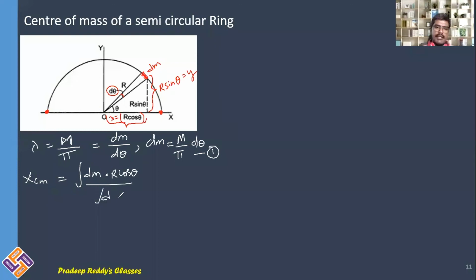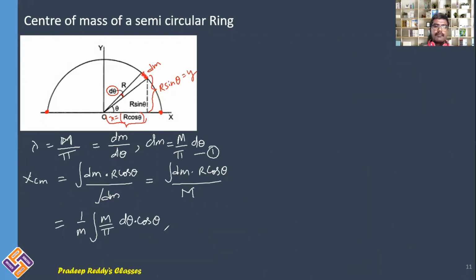divided by integration dm. However, for integration dm, you will be getting mass capital M, which you can substitute here, or even for dm you can just use M divided by pi into d theta, that also you can use. But however, I will be writing it as dm into r cos theta divided by integration dm, which I am writing as capital M, the total mass of that particular half ring. Now, what do you write for dm? Dm, you can write it as 1 by capital M integration, capital M divided by pi into d theta into cos theta,